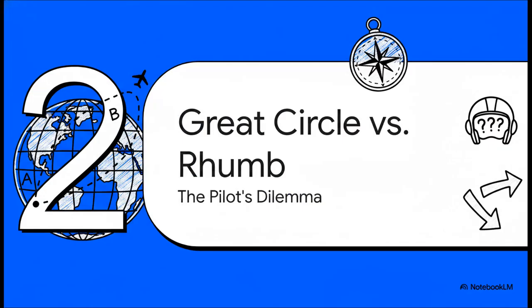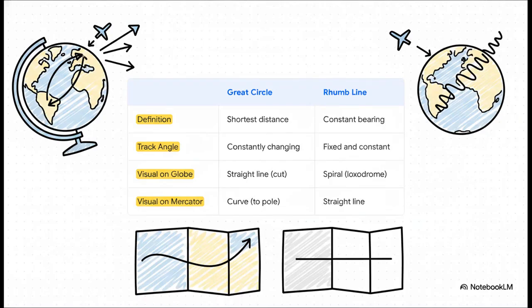Okay, so how does this create a real-world problem for us pilots? Well, this convergence forces us to choose between two totally different ways of flying from point A to point B. This table breaks down the difference perfectly. A great circle, that's your shortest route. It's what your flight management computer is trying to fly. The only catch? Its track angle is always changing. On the other hand, you've got a Rhumb line. It has a constant bearing, which makes it way easier to fly by hand, but it's actually a longer, spiral